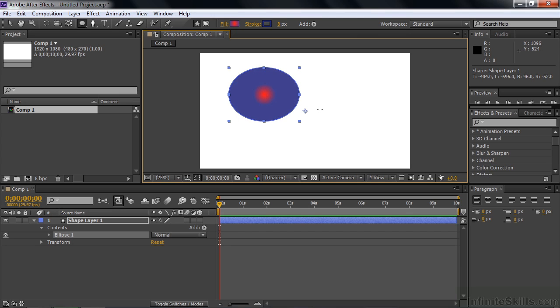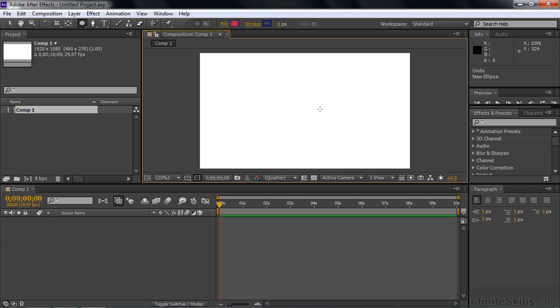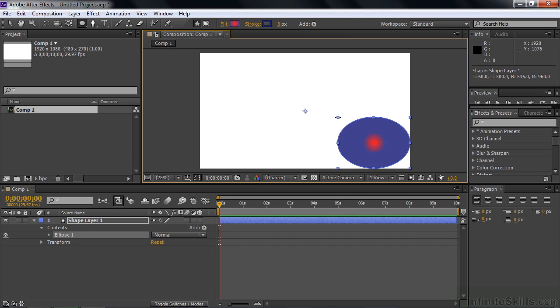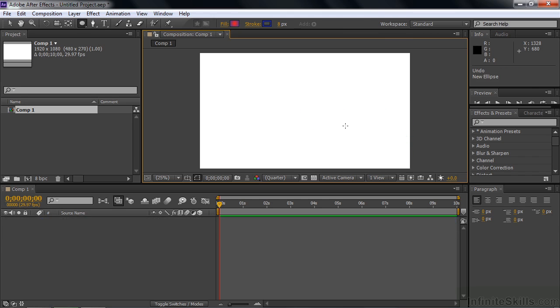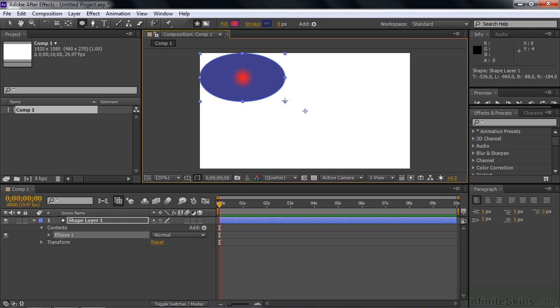I'm going to undo that for the moment because I'm going to show you a couple of little keyboard shortcuts. Control-Z to undo that, or Command-Z on a Mac. If I start dragging from the lower right-hand corner, for example, you'll see that the center of the ellipse is not where I started. Where I started is the lower right-hand corner of the bounding box, just so you know. I'll undo that. If I start anywhere else, I'm just trying to show you a relative position here. If I start there, you'll see again that the center is not where I started it, just the bounding box